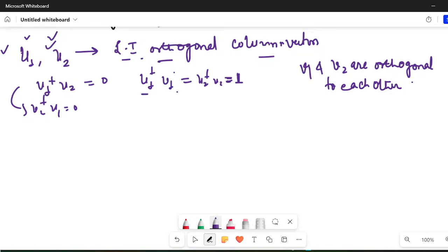And using these u1 and u2, if I want to construct another set of orthogonal vectors, then v1 is simply equal to u1, and another eigenvector v2 is equal to, let us say, some constant times u2, that is absolutely fine, minus